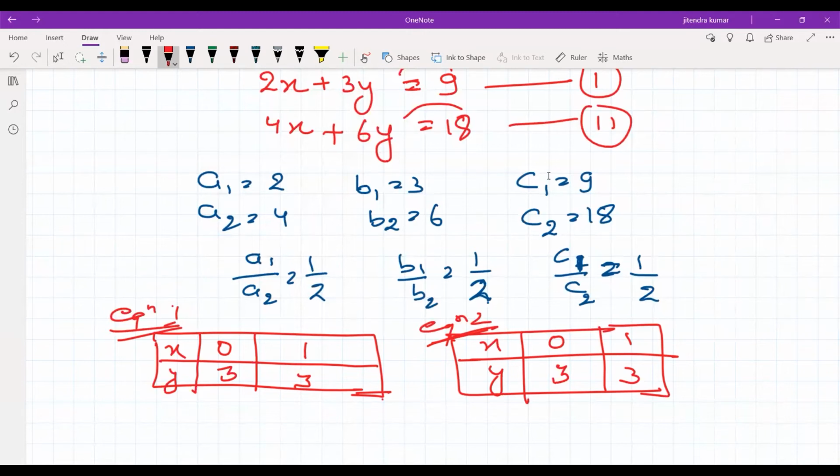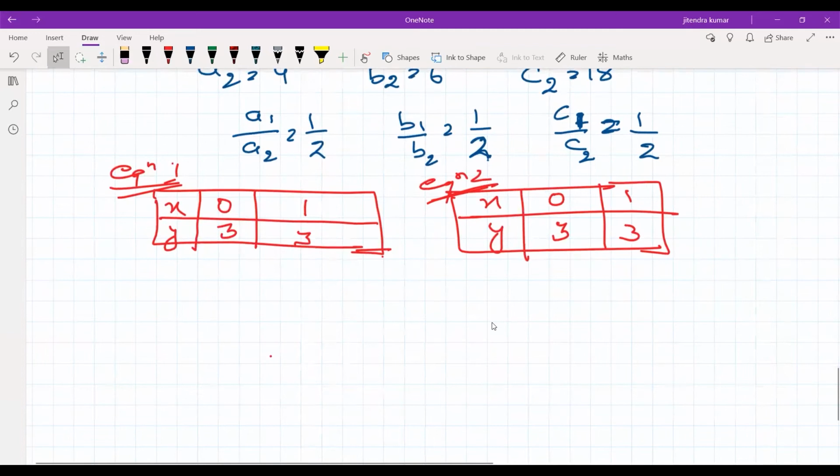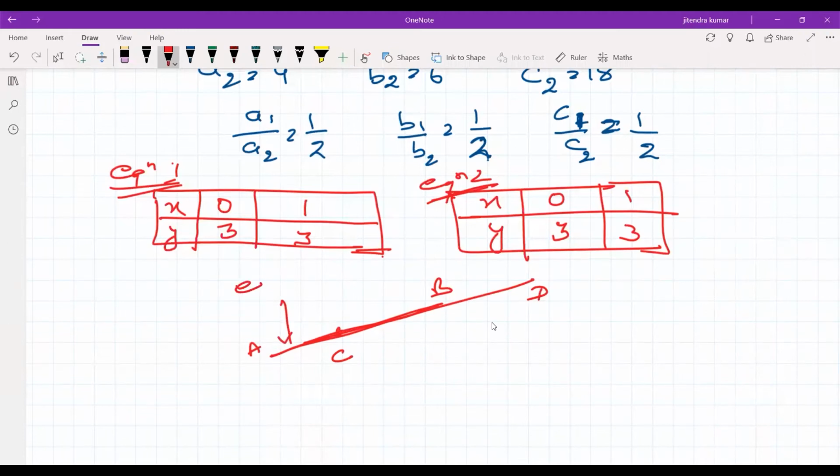So you just have to draw the two lines and make some difference. You can use different colors, or you can just make one dark to show that they are two different lines. Like you can name it here A, B, or CD. Okay, so you can write here, this is equation 1. You just have to write the equation here, and this will be your equation 2. And you can show they are coincident to each other, so there will be an infinite number of solutions.